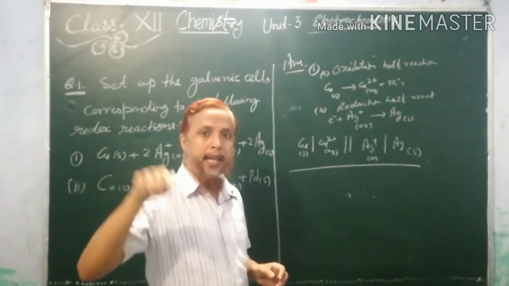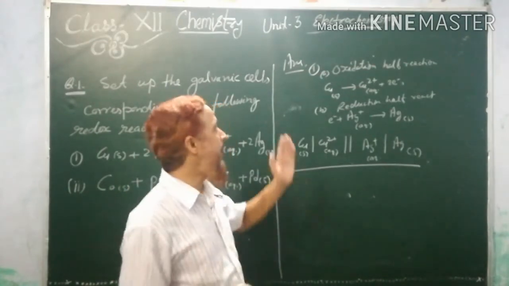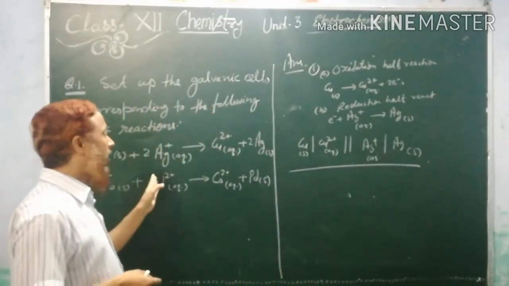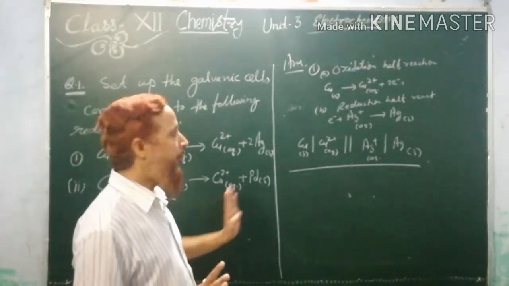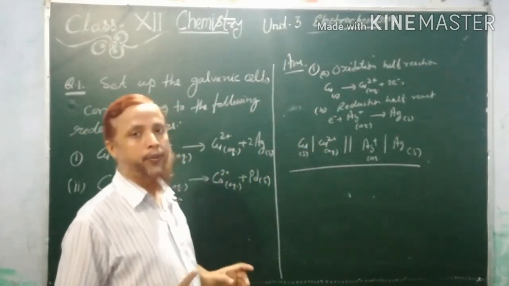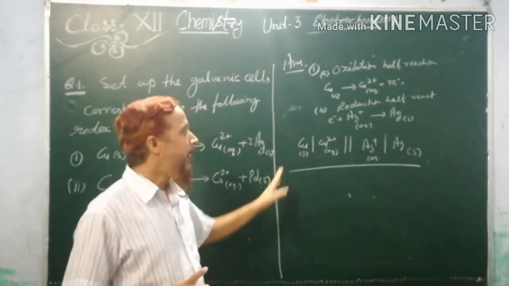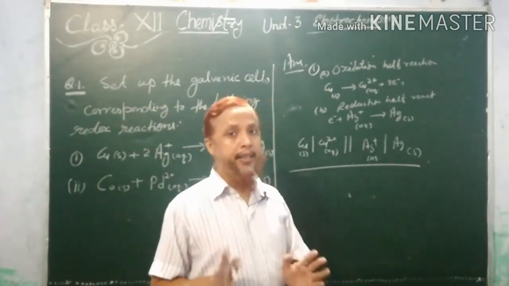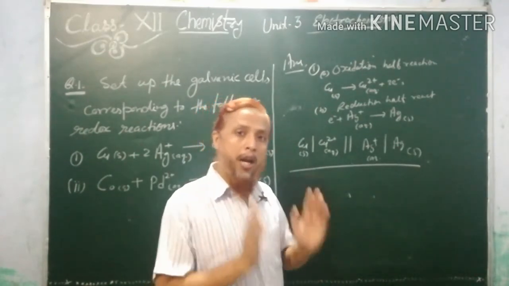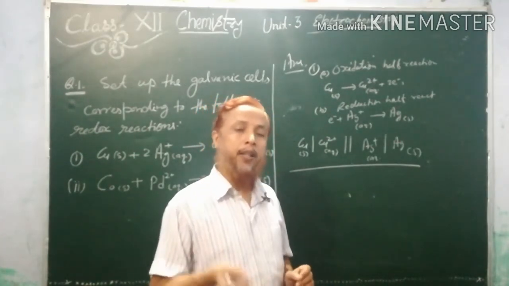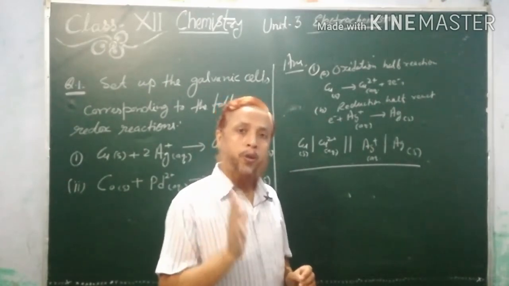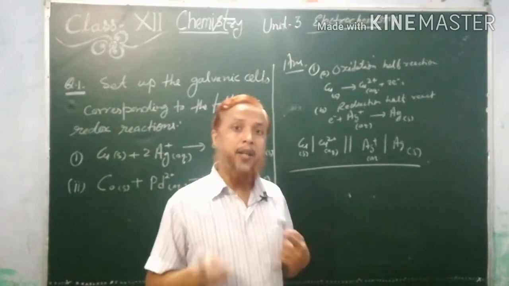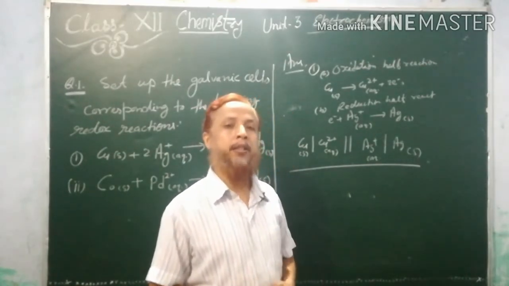So in the points I have given you, keep in mind what to write for the galvanic cell. In those points, stoichiometry of the reactants and products is not mentioned. So no need to write twice Ag when you are representing the cell. But when you are representing the half cell reaction or a net cell reaction, in the half cell reaction it is very important that each half cell reaction should be balanced, and when you are writing the net cell reaction, then the number of electrons should be balanced. Keep these things in mind.